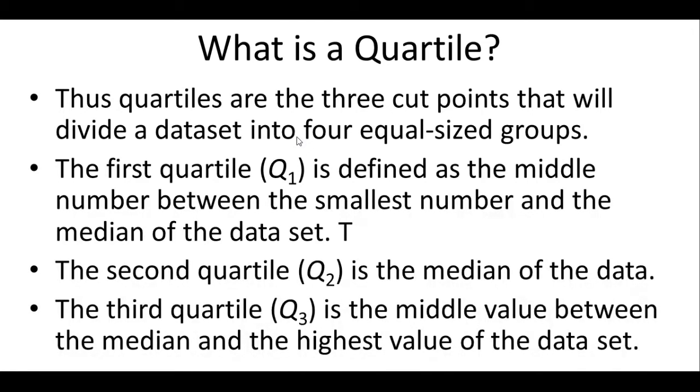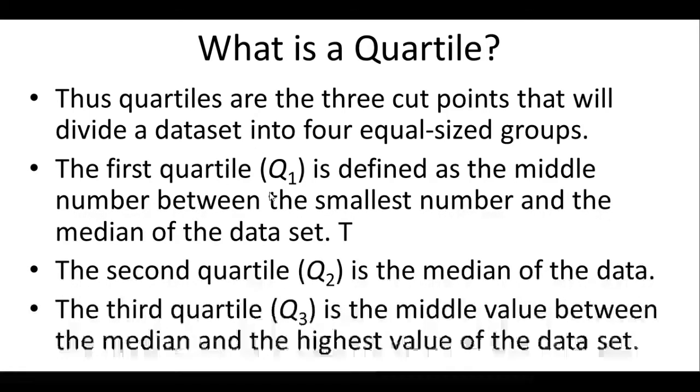So 25% of data represents the first quartile, the second 25% of data represents the second quartile, then there is the third quartile, and then there is the fourth quartile. Combining those four 25% quartiles, we have 100% of the data in a data set. Again, in case of a box plot, a single variable is considered and we see how that single variable or single column is distributed in the data set.